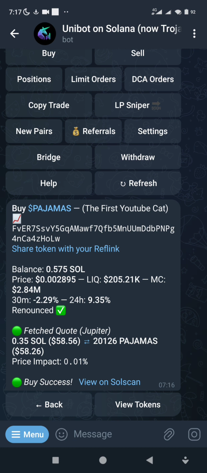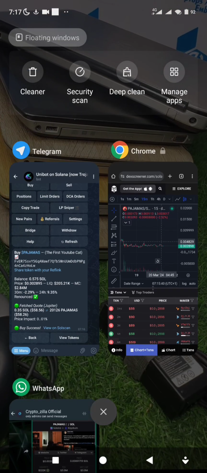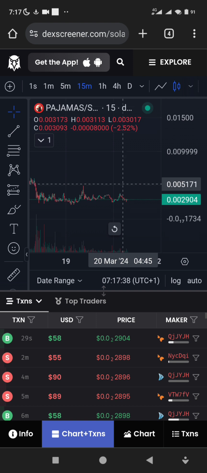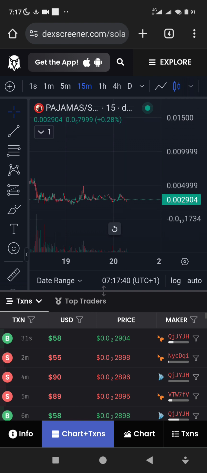So guys, here I bought the token again, so I can show you how to sell at a pending price. Now I bought $58 worth of the token. What I need to do if I want to sell at a pending price, I don't want to sell at the instant market price of 0.0028 where it is now. If I don't want to sell at 0.0029 where it is now, and I want to sell at 0.0048,